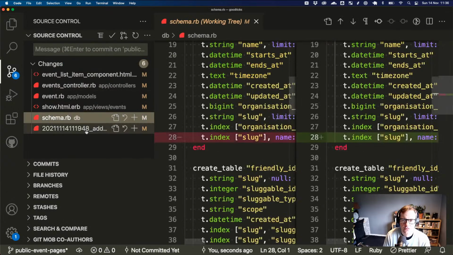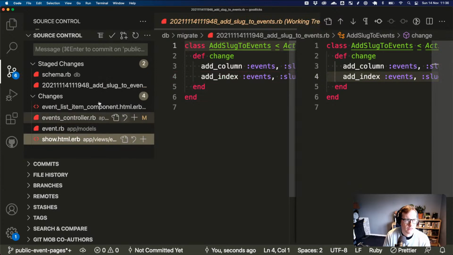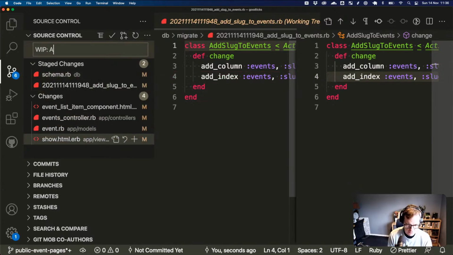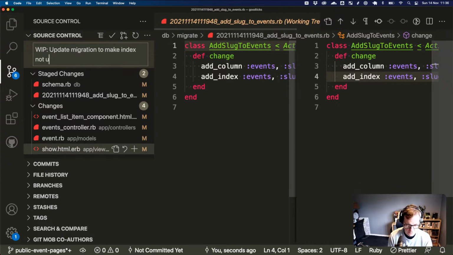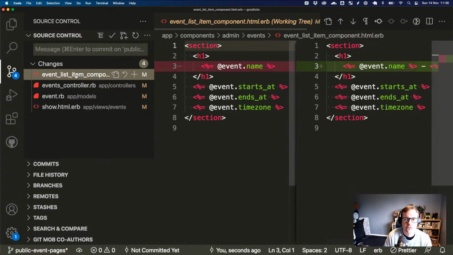So this here we can commit and do a WIP: update migration to make index not unique. That we don't need to keep. That's just so we could see the IDs. That was just handy.